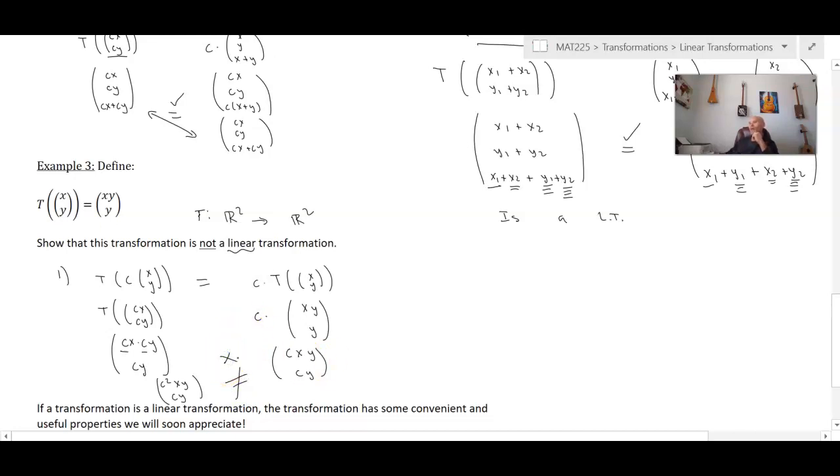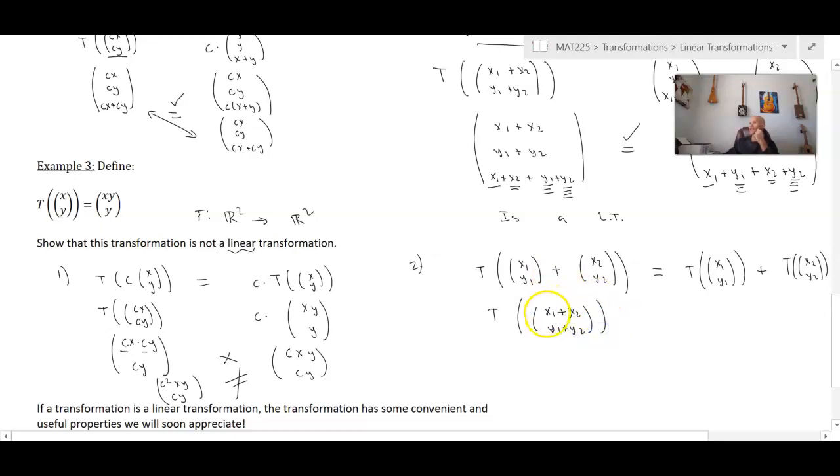And let's also see whether the second property will fail as well. Not always, but sometimes it does, and a lot of times it does. Okay, so if we add first and then transform, do we get the same answer as if we transform first and then add together? So if we add together first, we already know we're going to get x1 plus x2 and y1 plus y2. And if we now transform this, the transformation says multiply the two components of your input together,